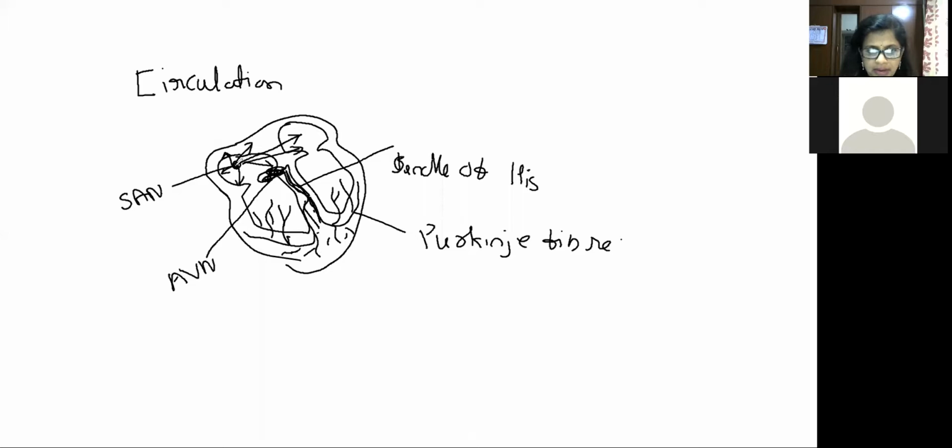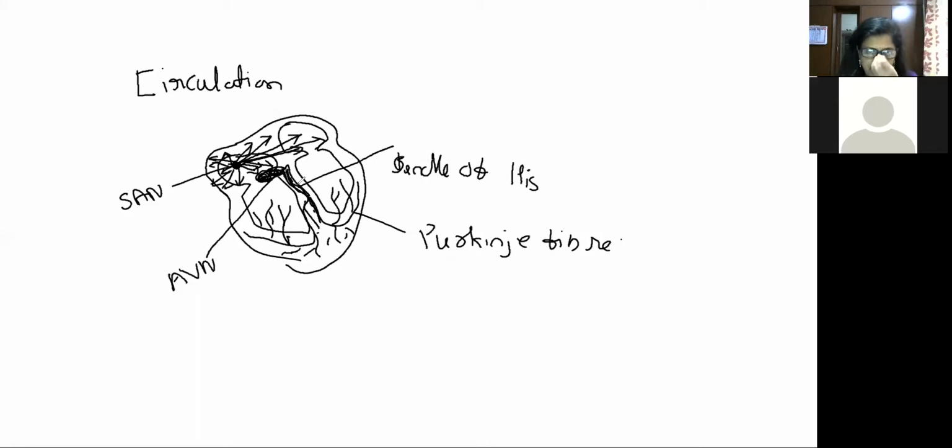I'll just draw again and explain again. So this is the heart we have drawn, and here you can see the nodal muscular tissue. This muscular tissue is initiating the heartbeat. You can see it produces electric impulses that travel in both the auricles, the right auricle and left auricle. Only in the auricles it will transmit, not to the ventricles. Therefore, the first heartbeat will initiate at the auricle itself, but it will be picked up by another nodal muscular tissue called AVN, auriculoventricular node.